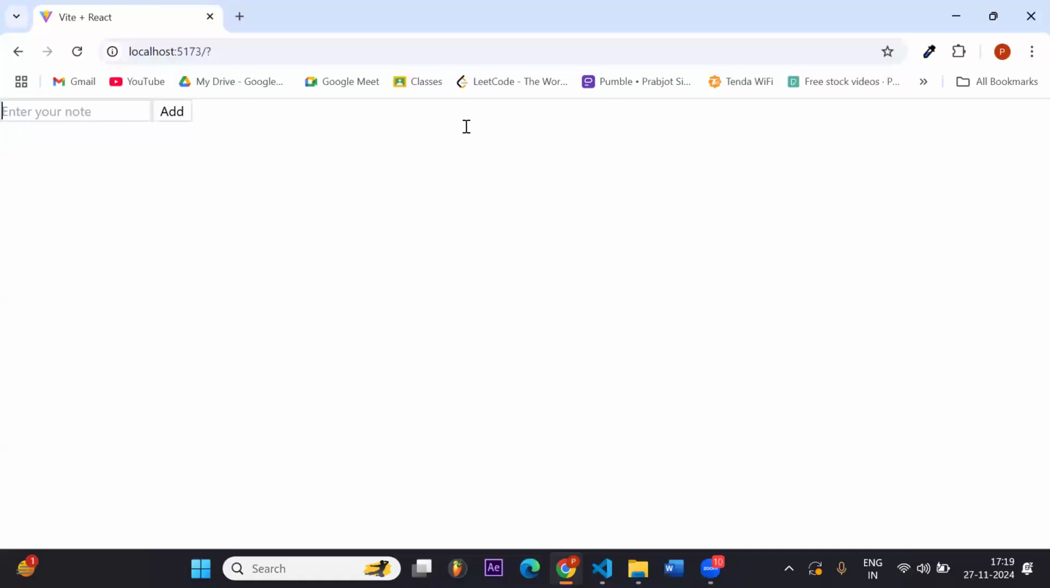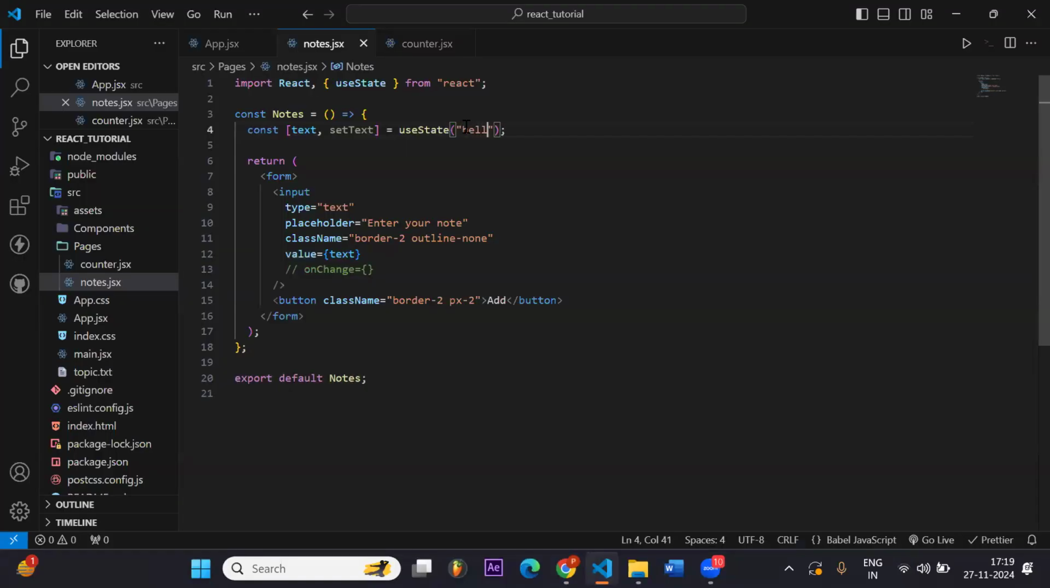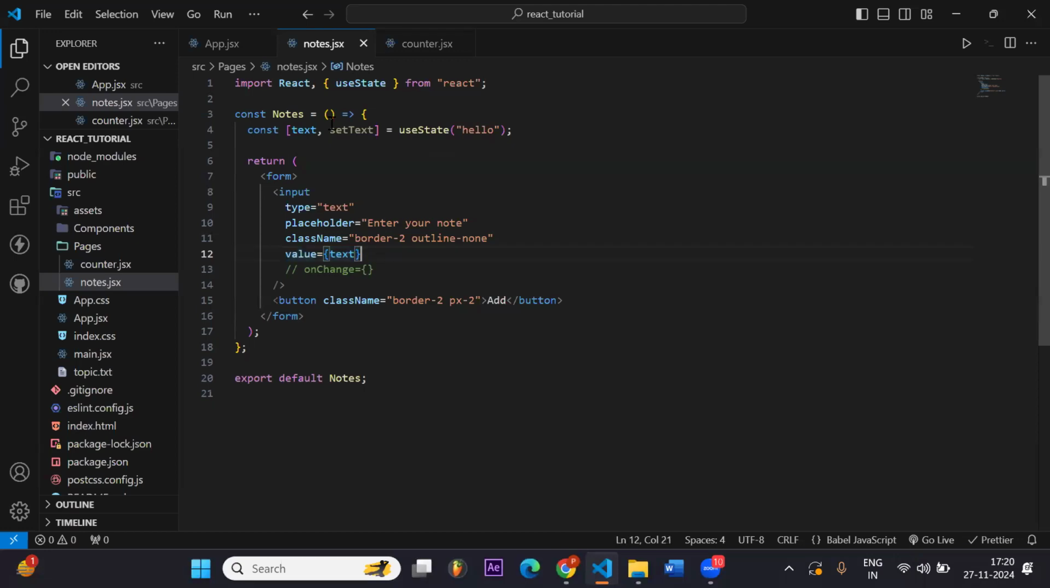Suppose I set the value to something and click on save. You can see even if I click backspace I'm not able to delete it, and neither am I able to add something, because the value of this input is set to text. The initial value of text is hello. But what I want to do is, if I make some changes, like adding a backspace or space,